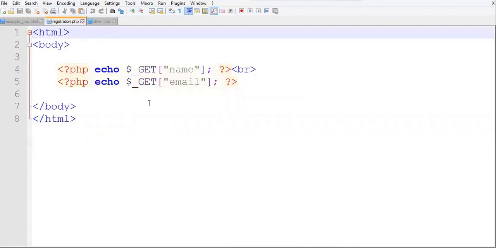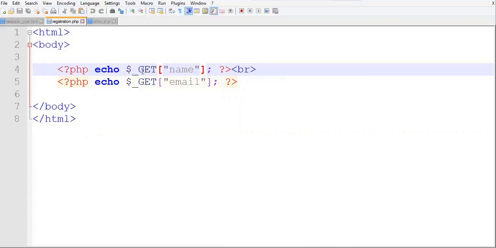Now my registration.php has the HTML code. Within the body of the HTML code, I have a PHP script. This is the opening PHP tag and this is the ending PHP tag. Now here echo, the echo keyword basically works like the printf statement. It is going to print the output on the screen. So you have two options, one is echo and another is print. We will make use of echo here. Now here you can see I have a variable $_GET. So this indicates that I have used the get method in my form.